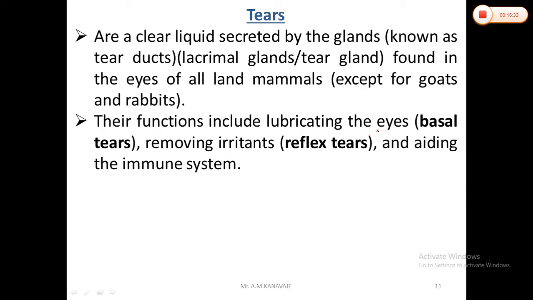This particular tear fluid contains mucin, lipid, lysozyme, glucose, urea, sodium, and potassium. These substances of the lacrimal fluid fight against bacterial infections as a part of the immune system. Then removing irritants, reflex tears are there. These second type of tears result from irritation of the eye by foreign particles or from the presence of an irritant substance